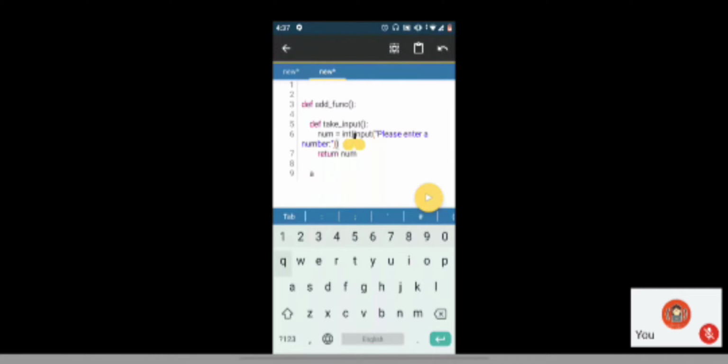So yeah, and then after doing this, it is just going to return num, right? I want to use this num somewhere, so I'm returning it from the take input function. So now, suppose I'm adding three numbers, so instead of writing this whole line three times, I would have to take three numbers from the user. So in this case, instead of writing this line three times, I'm directly going to call the take input method.